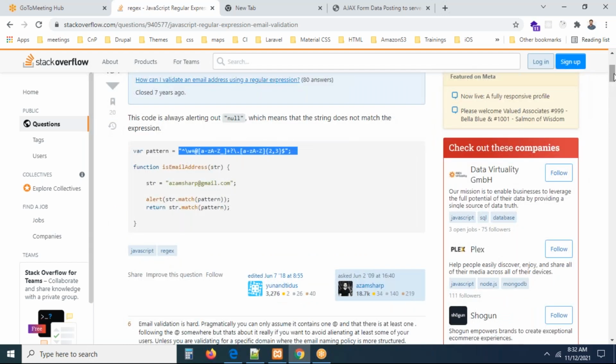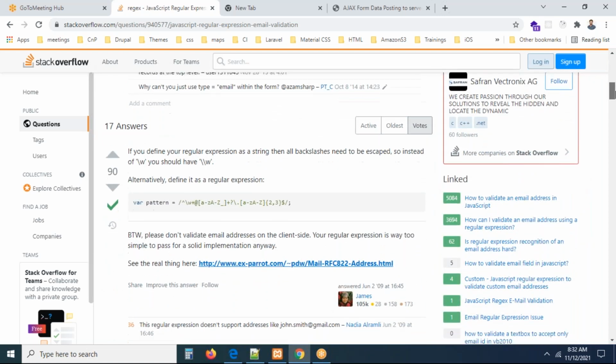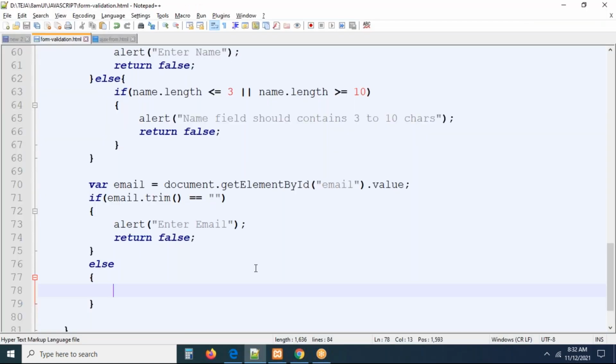You can find a lot of patterns, Andy, not only one pattern. This is one pattern I am having here, 2 to 3. Can you see this pattern? I think by seeing this pattern, you will understand what pattern they have written here. Now you can see the pattern. The regular expression starts with this and ends with this,